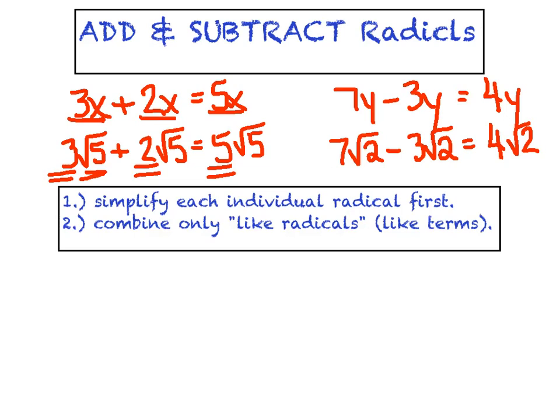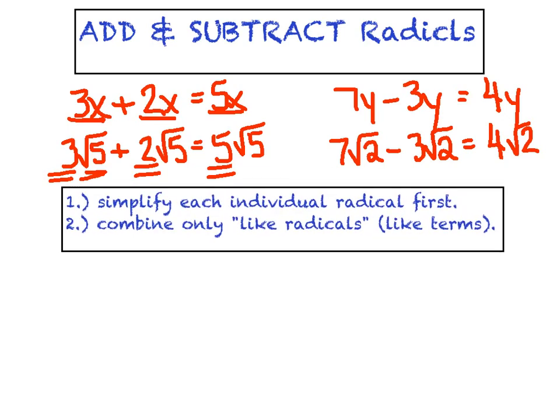Number 1, we want to get in the habit of simplifying each individual radical first. Once you get them all completely simplified as individuals, now we're going to focus on combining only the like radicals, which is a fancy way of just saying like terms. For instance, we mentioned earlier that 3 radical 5 and 2 radical 5 were like terms, and therefore we can